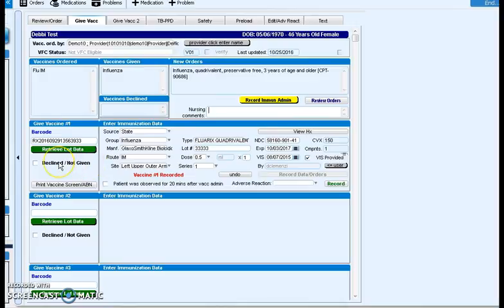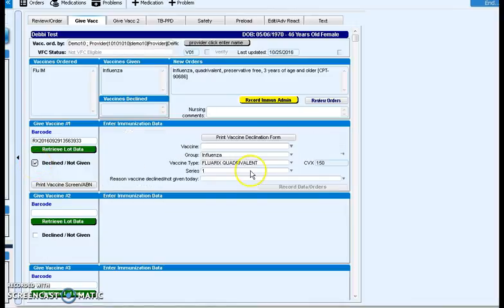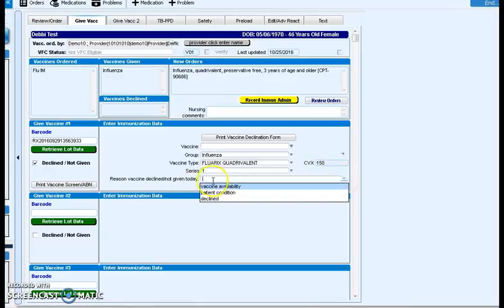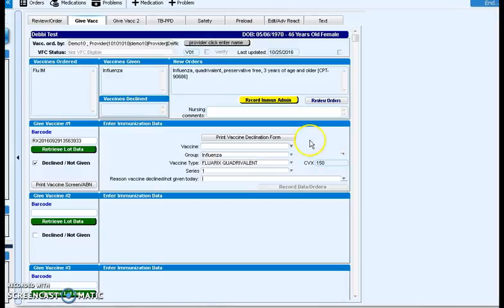registry. Again, you have a nursing comments free text box right down below. And over here on the left-hand side, if the patient were not receiving the vaccine, you could also select declined, not given. Once you did this, you would populate a screen that would allow you to print the vaccine declination form. It would display the vaccine drop-down that you're declining for today. And you would also have to select a reason why the vaccine was not given for today. Once you've completed those fields, you would record your data orders, and this would document in the patient's chart that